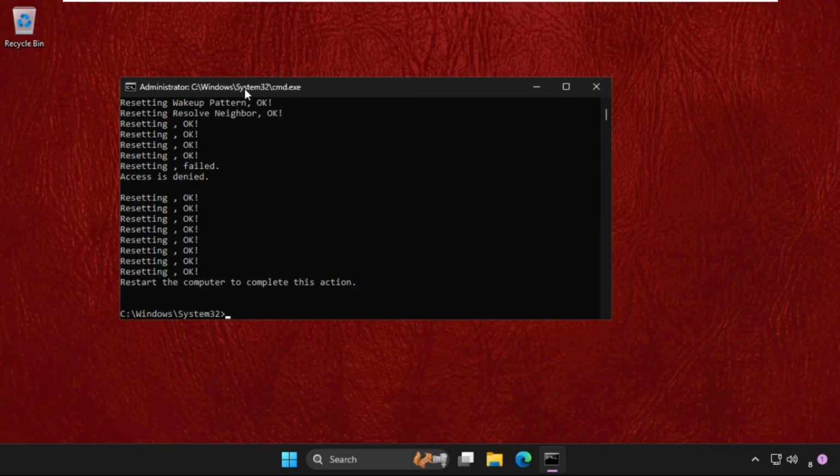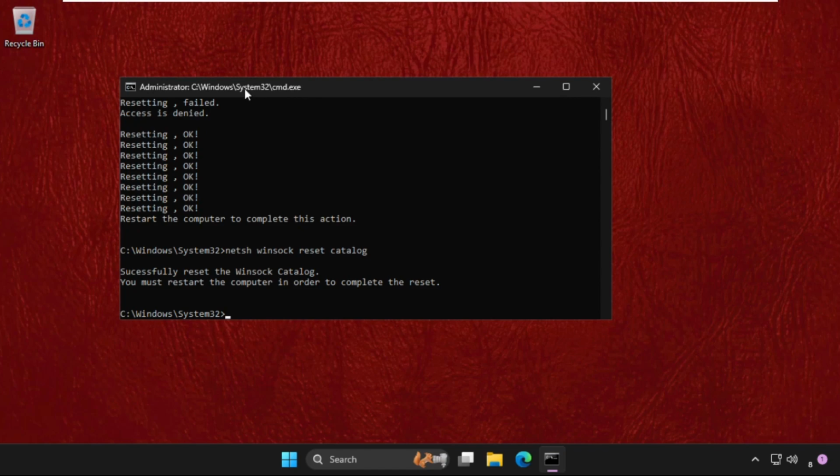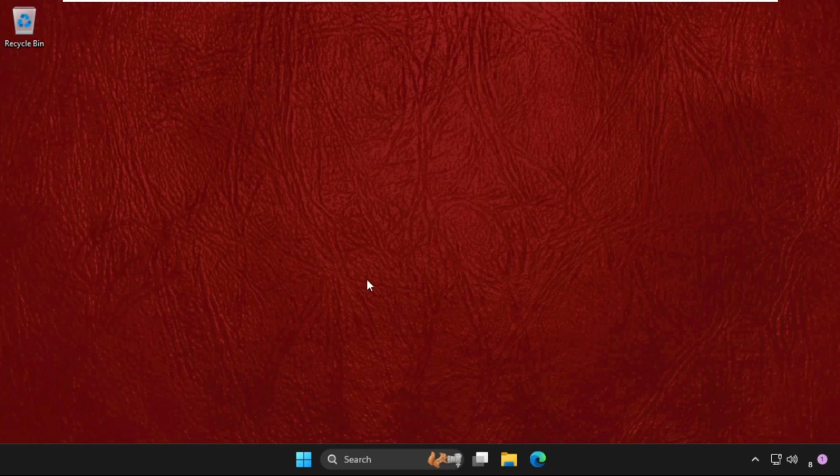Once done, type in netsh winsock reset catalog and hit enter. Then we need to restart the system, but before the restart process we need to just go